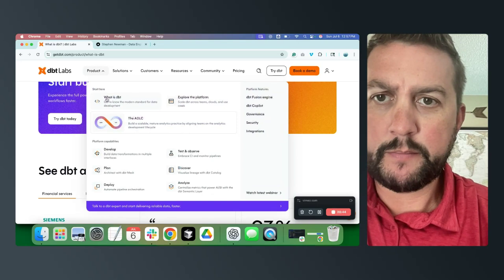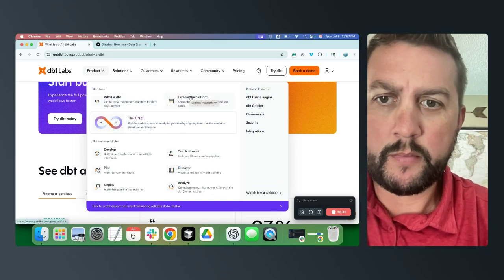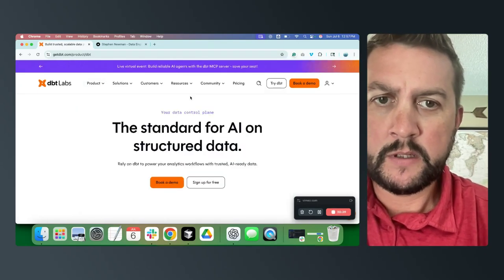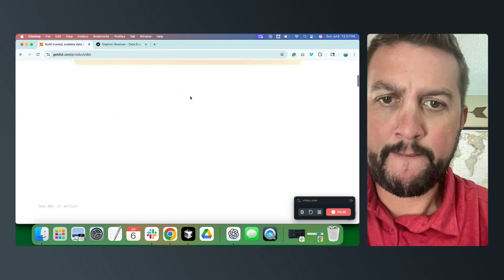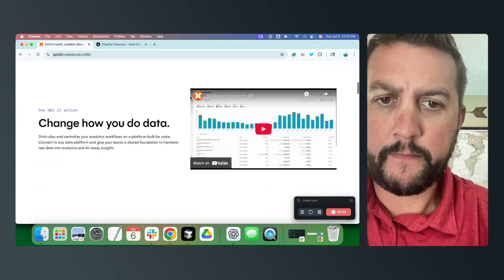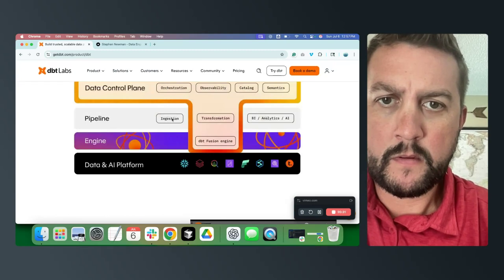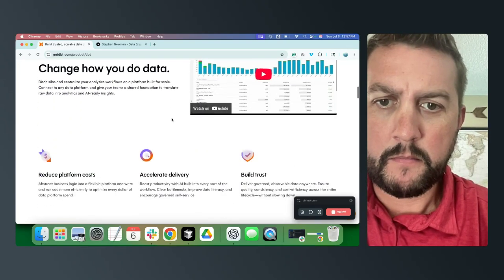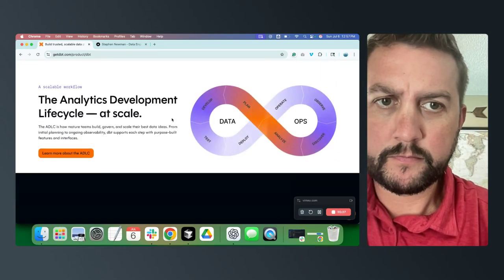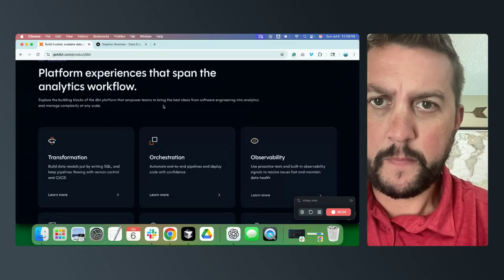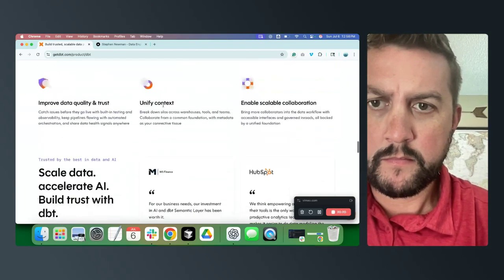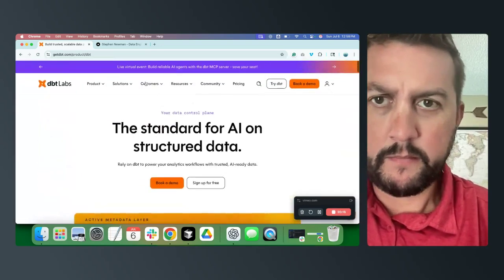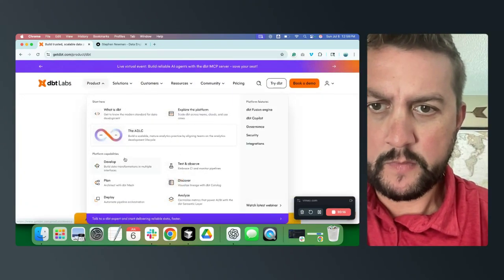I was under solutions. I didn't even realize it. What is the dbt platform? Okay, let's go here. The standard for AI on structured data. All right. Yeah, I mean, there's some good stuff in here.